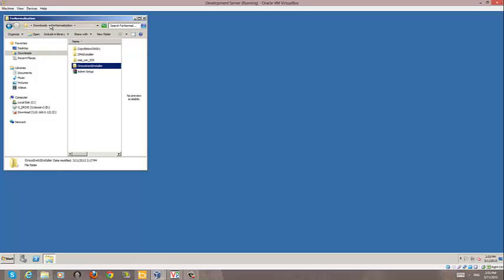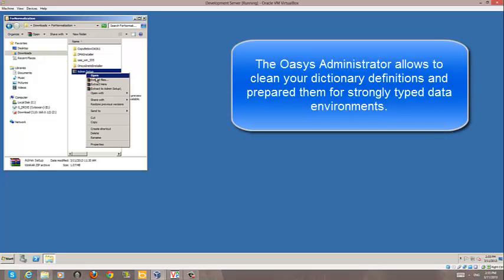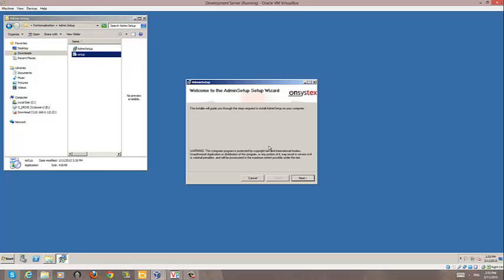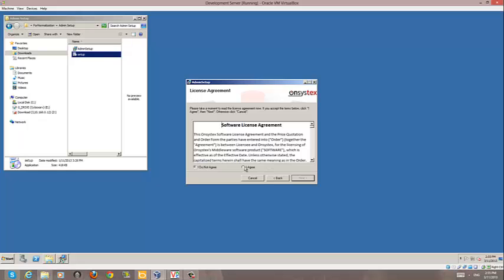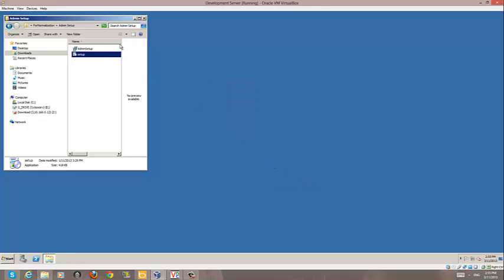Go back to our folder, and we're going to install the PDP administration tool. So we are going to extract the files, and we'll end up with a min setup folder. Double click on that and just run setup again. Click on next, agree to the software license agreement, click next, and then we are all set up with the